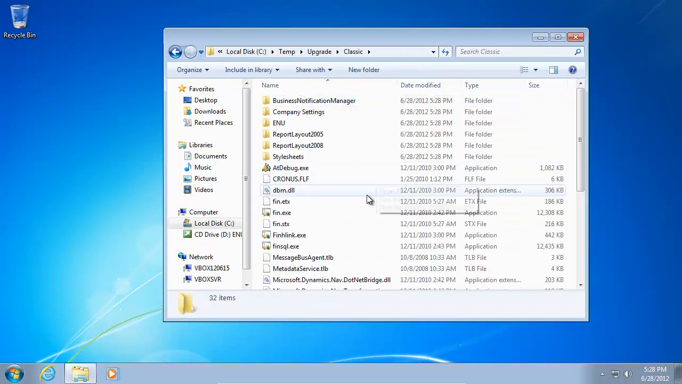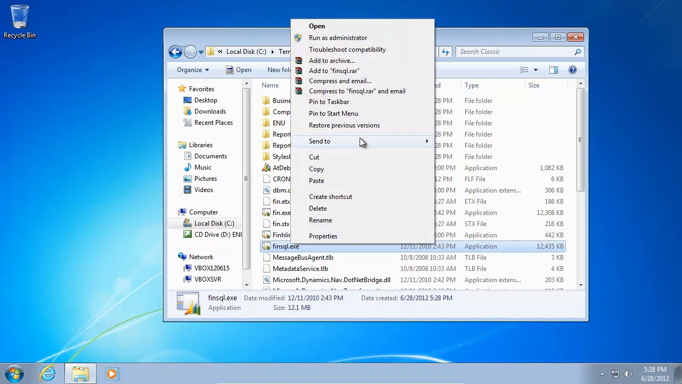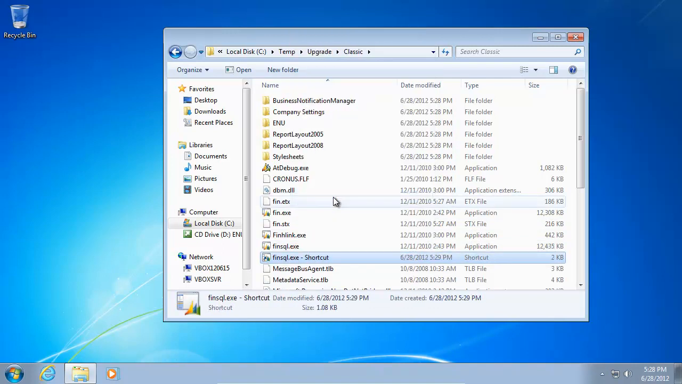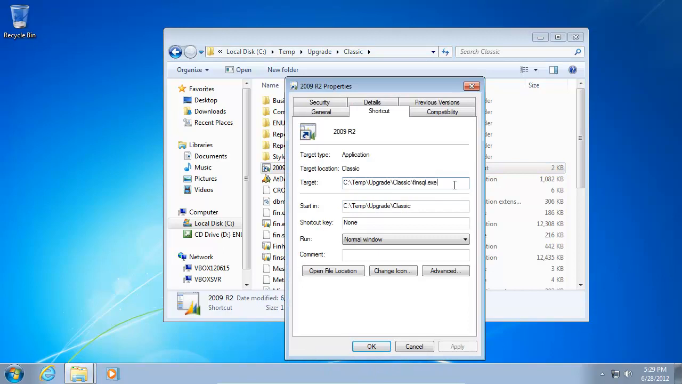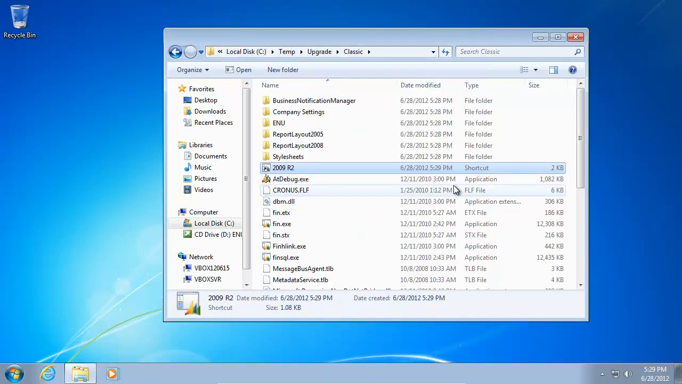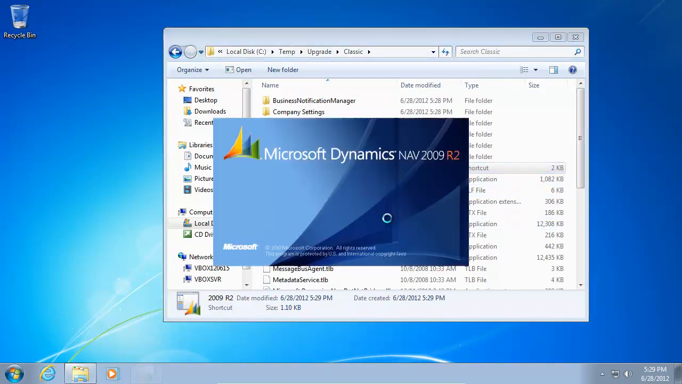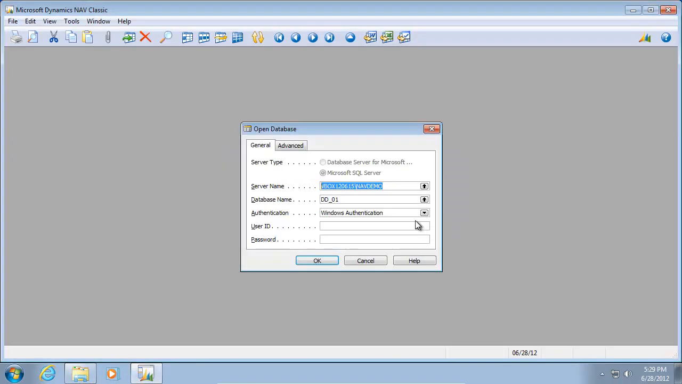So this one is my classic client, and to not make any changes to my 2009 installation, I'm going to make a shortcut down here where I'm just going to run it from, and I'm then going to change the ID on that one, so I have a different subfile than for the other one in here. So I can now open up this one, and